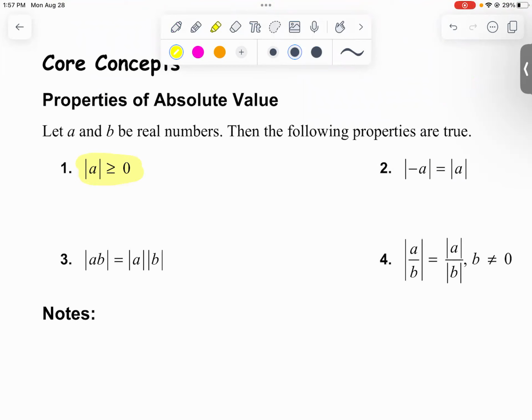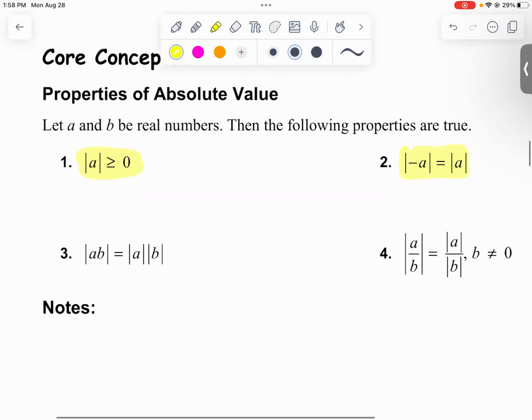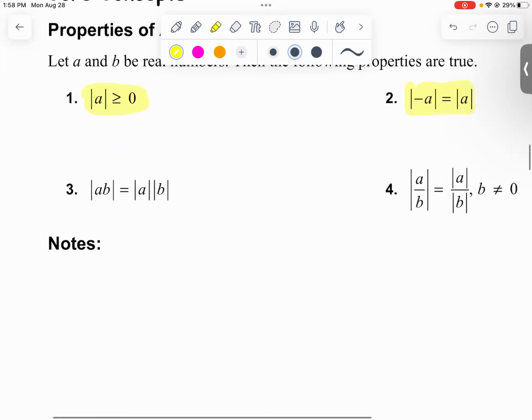The absolute value of negative A and the absolute value of A are going to have the same value. Does that make sense? Yeah. We learned this last year. If they have the bars on them, it just gets rid of the negative. I learned that like 4 years ago. Now, we're gonna be doing algebra, so just give it a moment.